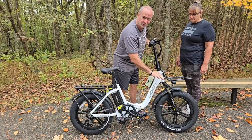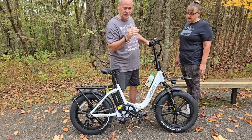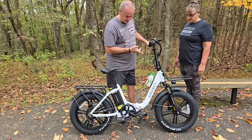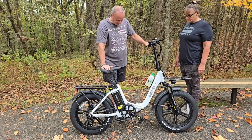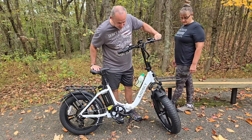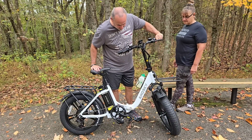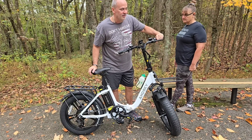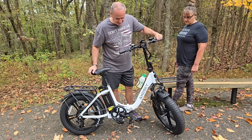You can stiffen it or you can loosen it depending on what surface you're riding on. So you have two adjustments here for your front forks, and that's good. What I like is the oversized tires. These fat tires, as you can see, are good for hard surface riding, and they're also really good for light off-road riding. I say light because